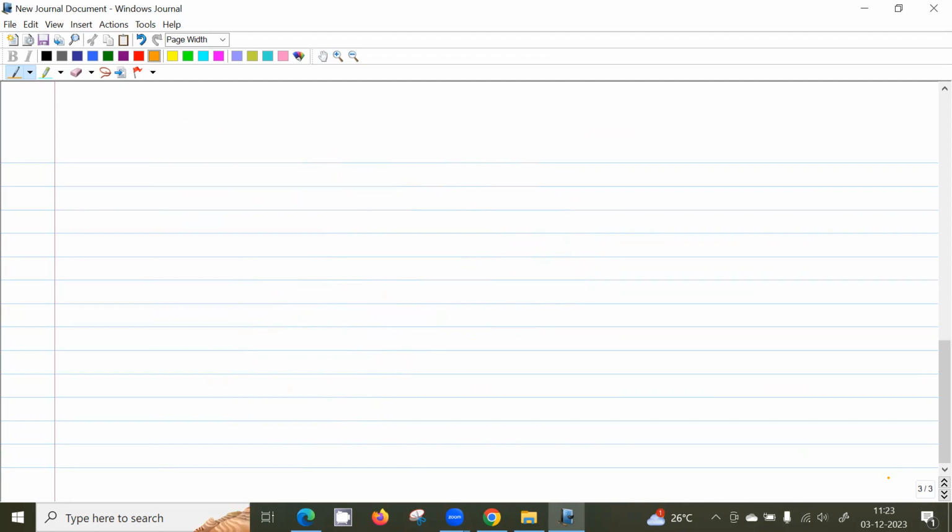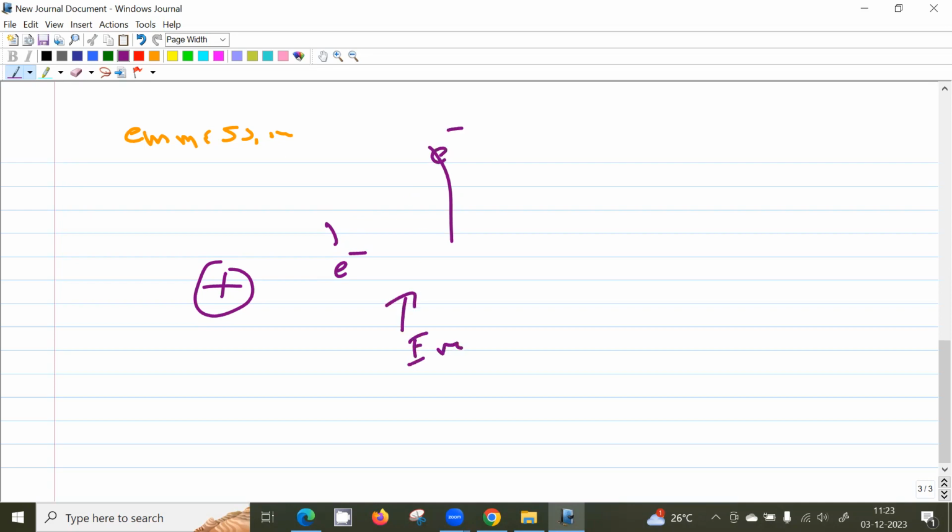The next observed experimental fact is the emission spectrum. In this atom, the positive charge is the nucleus in the center, and the electrons are here. Suppose there is only one electron in this atom, and suppose I excite this electron to a higher state by giving some energy, and then I remove this energy. So it will come back to its initial state, and in the process, it will emit a photon.